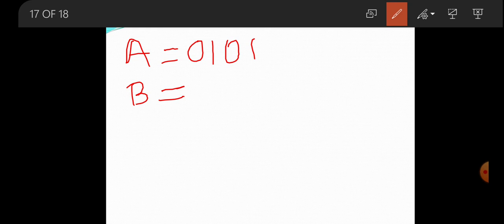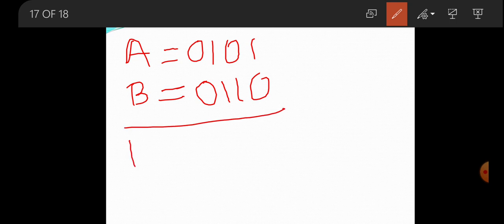A's code is 5, so it is 0101. B's code is 6, 0110. Now each of the arbitration lines takes the logical OR of these two bits. So we will get 0111 as the result.